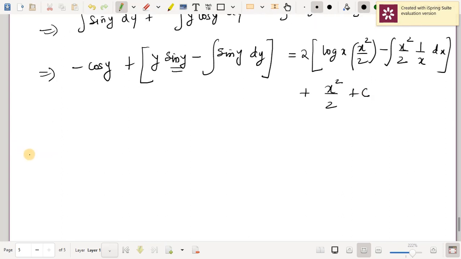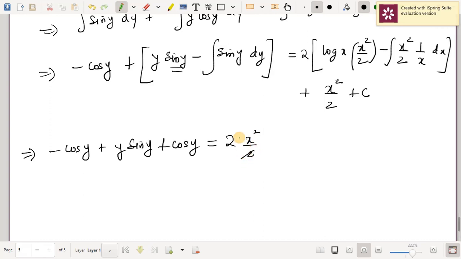This can be further simplified as minus cos y plus y sin y minus, okay, now the integral of sine is minus cos, so minus into minus plus cos y equal to, here you have a bracket 2 into x square by 2, so this 2 gets cancelled with this,